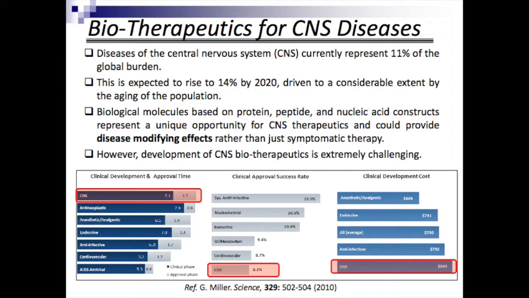There's also the success rate for these types of molecules is lower compared to some of the other disease areas, and the cost is incredibly high, which means that a lot of companies that have programs in CNS therapeutics are rethinking or have basically withdrawn from development of CNS therapeutics because of some of the challenges in getting the drug into the brain. So we and others have thought about ways to get these drugs, and in the next slide